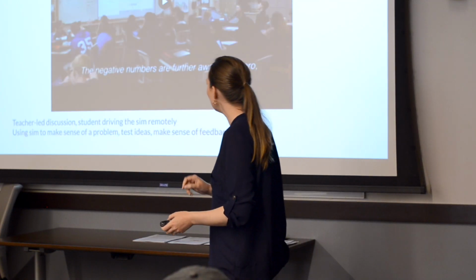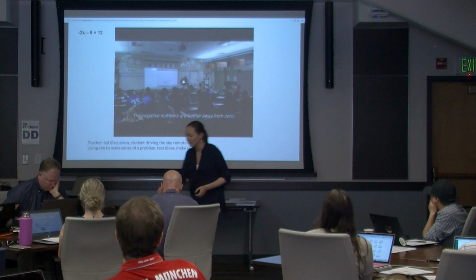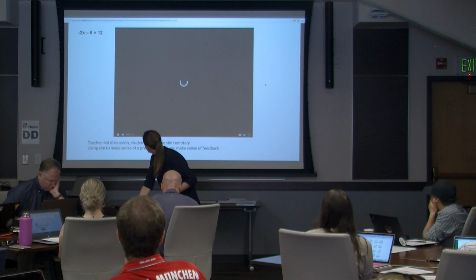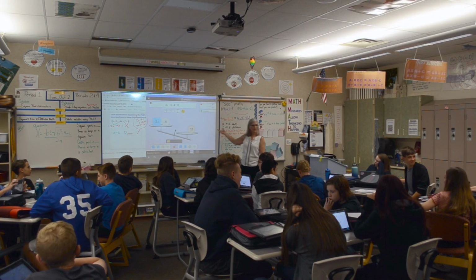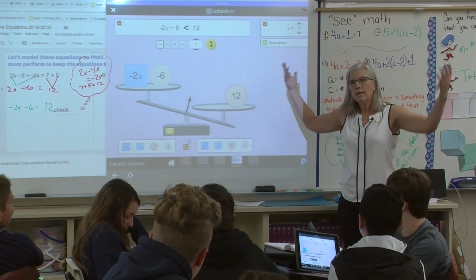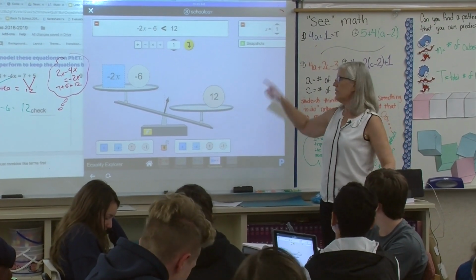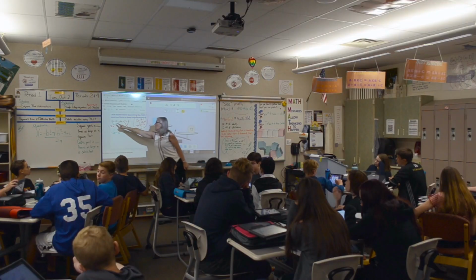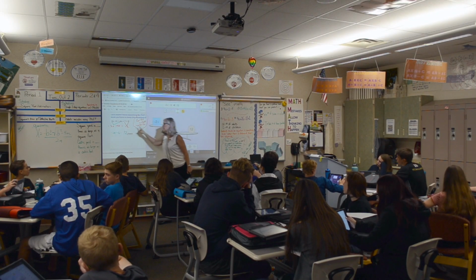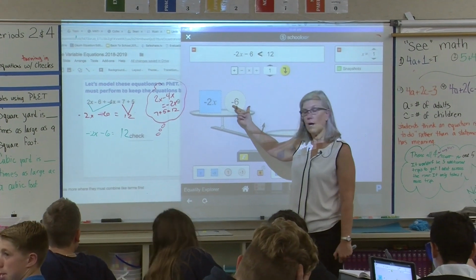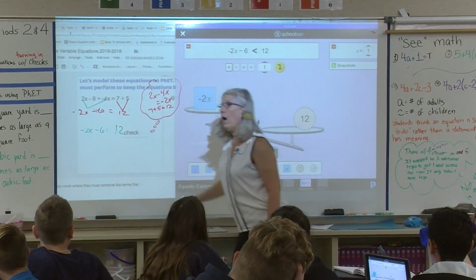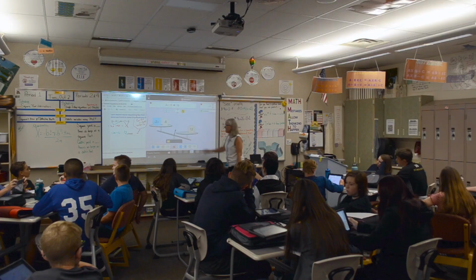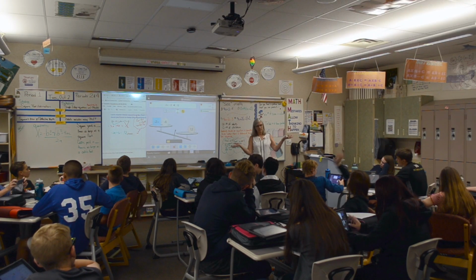All right, a couple clips of a teacher-led discussion. So I've got 2 of them here. Notice what Declan is noticing. He said, I did the exact same thing as Vaughn. I have a negative 2x, because 2x minus 4x combined to negative 2x. I have a subtract 6. I have a 12, because 7 plus 2 combines to 12. He's like, why isn't it balanced?